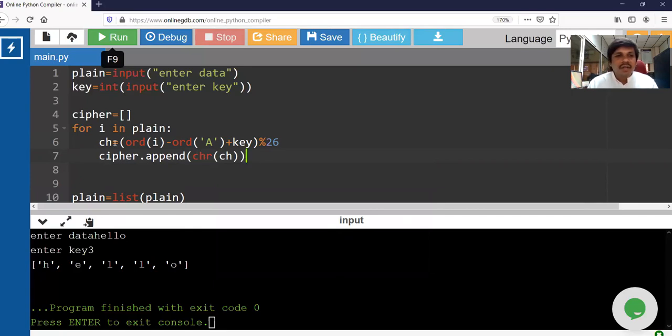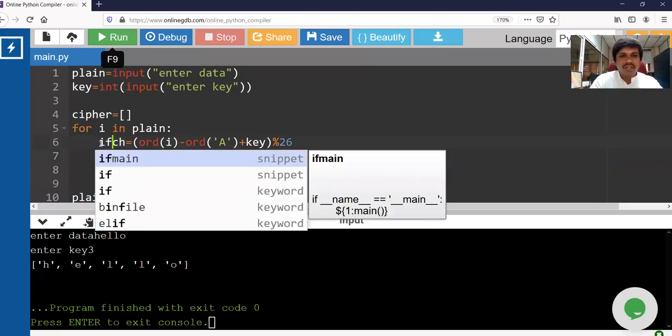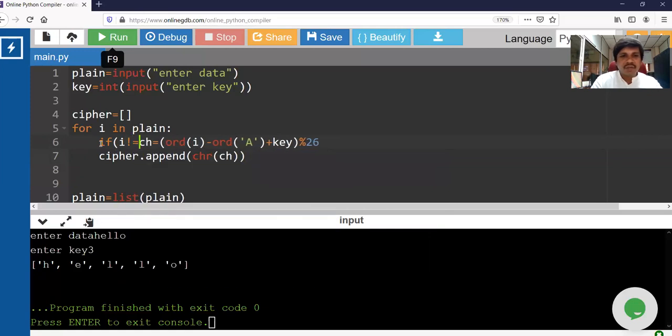Fine. So what if the data contains spaces? Those spaces need not be encrypted, right? So make sure that I should not be a space.